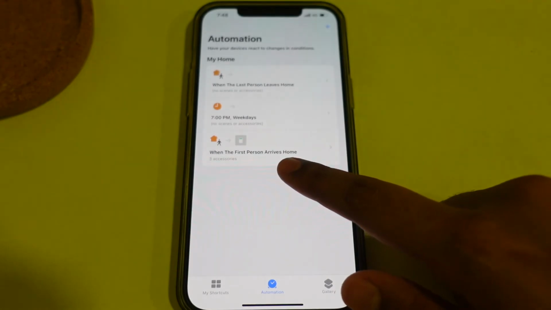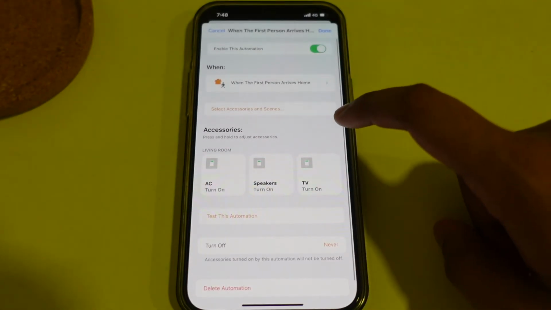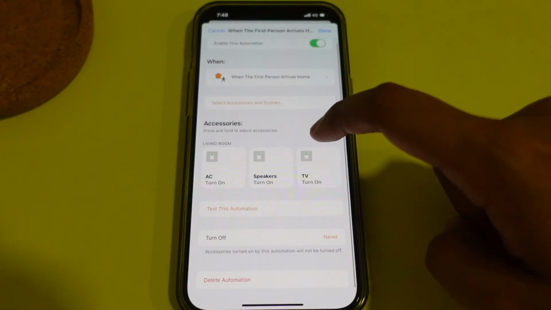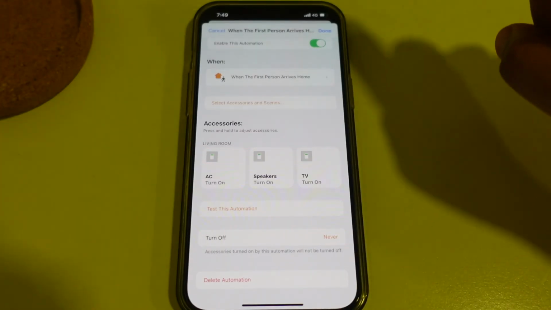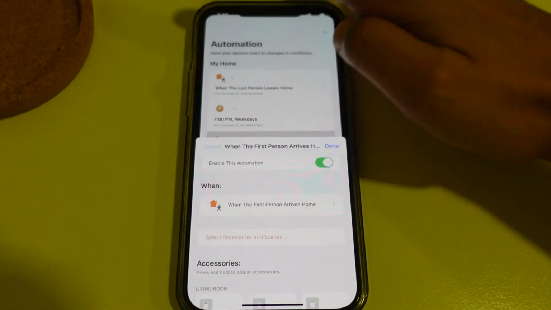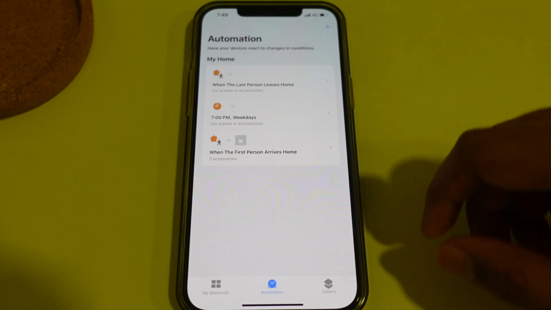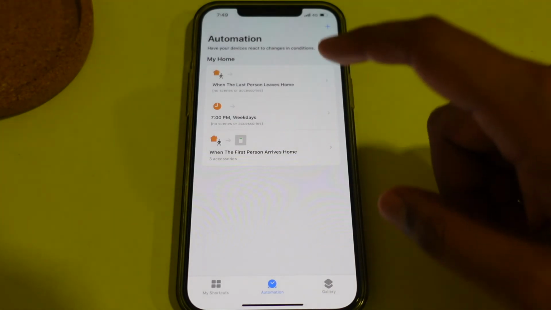When the first person arrives home, so anyone, me or my wife, comes home, the aircon turns on, the speaker turns on, the TV turns on. So yep, these kinds of stuff can also be done. To do that, you need to do some more home automation, and that can be automated as well. So yes, this is a very interesting feature. It has a lot of capabilities which allow you to do a lot more as compared to just sending out an SMS. And this can be used in various ways.